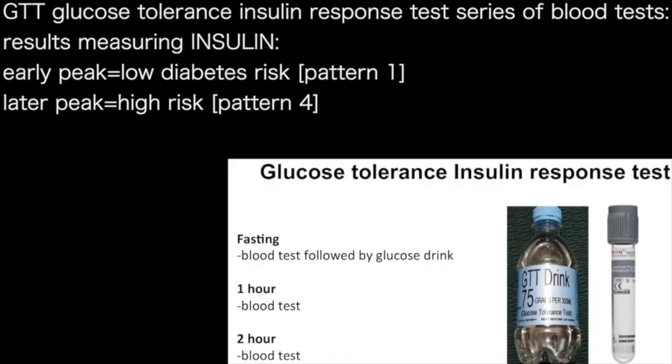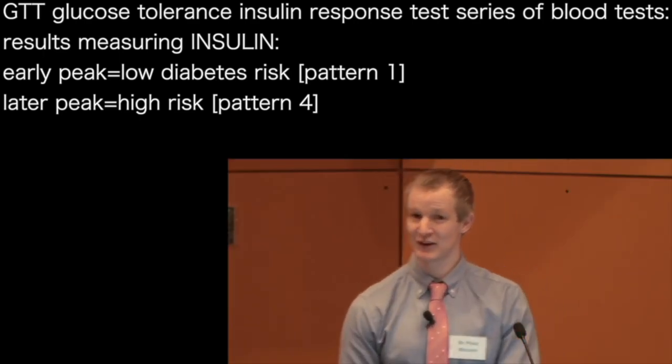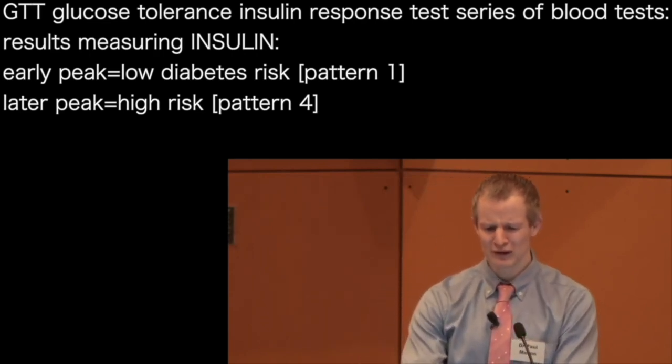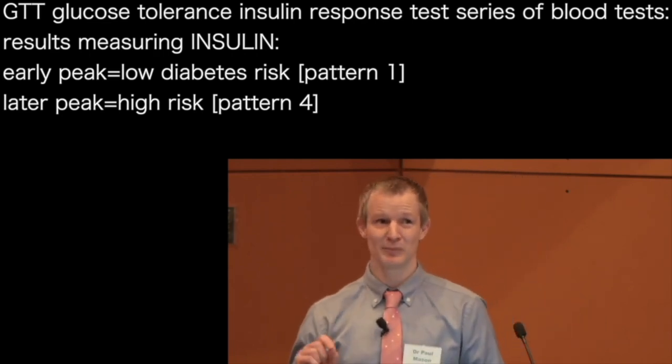Now, this is probably one of the most important tests I do in the clinic. We call it the glucose tolerance insulin response test. What happens is that you have a blood test, and following that you have a drink. At half an hour, not shown here, 1 hour and 2 hours, we then repeat blood tests. But rather than testing only glucose, which is the standard test done, we also measure your insulin level. And this is really, really important because the pattern of insulin, the height of insulin, is very predictive of your